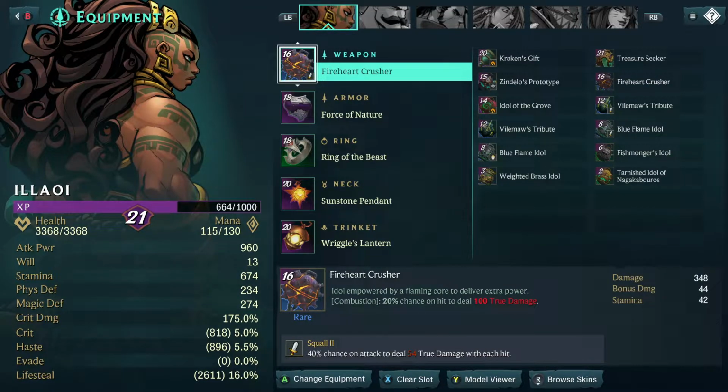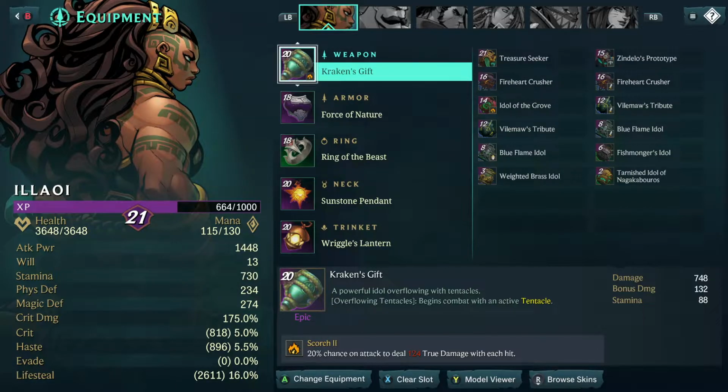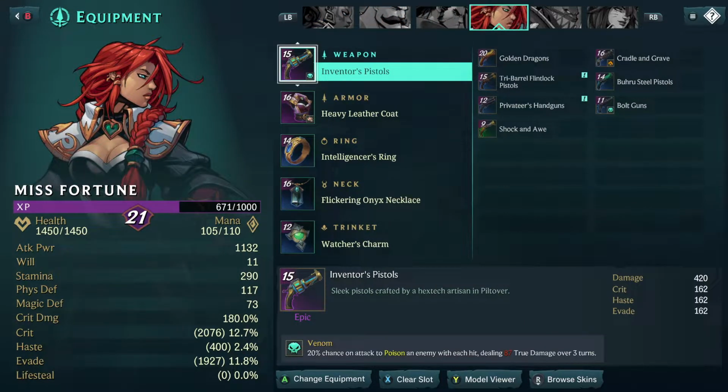I mean, even though we don't have the Squall anymore, we do get the extra Tentacle to start with, and we have much higher attack power, so it all evens out. Our Alawi has almost 1500 attack power, over 3600 health. Got 5% haste, 16% lifesteal. Fortune is very much behind as far as...